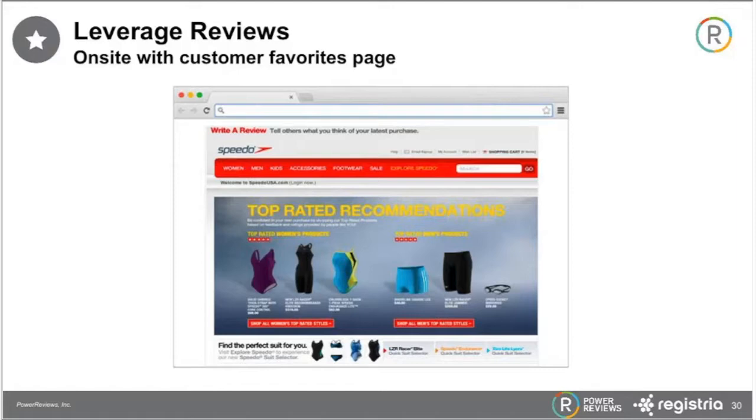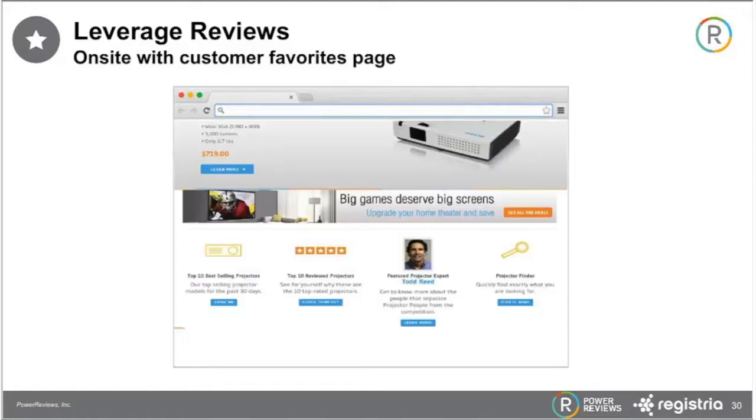On your site, in addition to displaying reviews on your product detail page, make sure you highlight top products on a top-rated landing page. It's a great way to highlight these products that your customers love. You can obviously even include specific themes or, depending on the time of year, wrap in landing pages with top-rated for specific time of year,